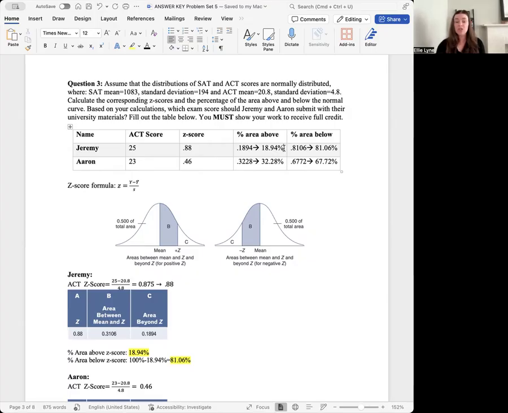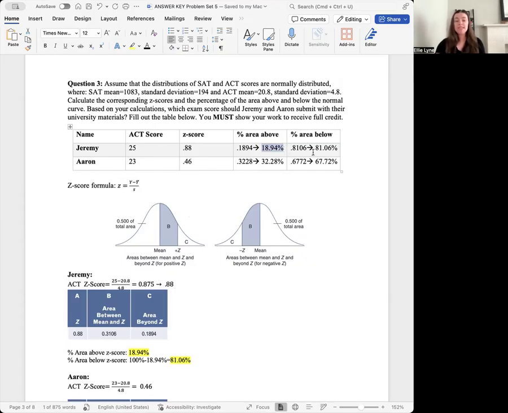How we can quickly determine how many individuals did worse than Jeremy, or rather the percentage of test takers that did worse, is going back to other questions that we had in question 1 of this very problem set, and the idea of the normal distribution as a whole. We know that the entire area under the curve has to equal a proportion value of 1 or a percentage area of 100%. And since we know area C here, we can take the value knowing that this entire area has to be 100 and just subtract this value of